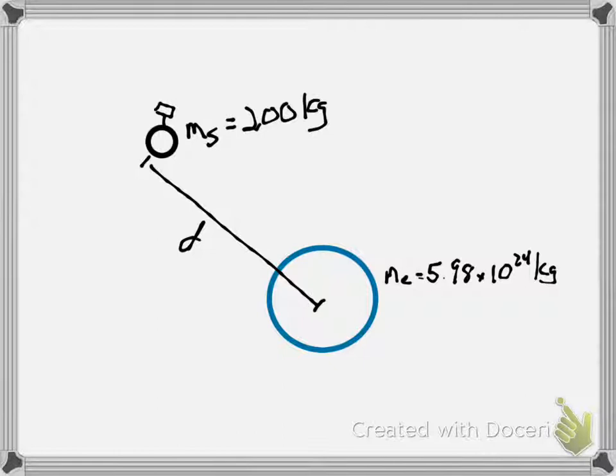And the distance apart, let's say, is approximately 275 kilometers. And so once you have this, a question might ask you then, what is the orbital speed of the